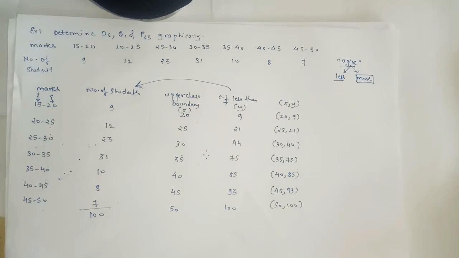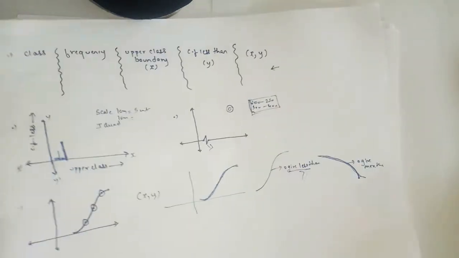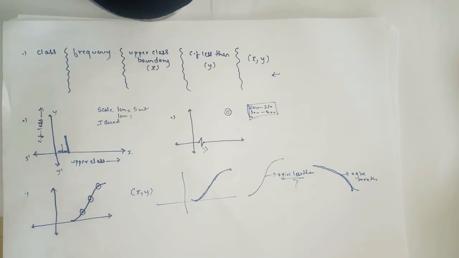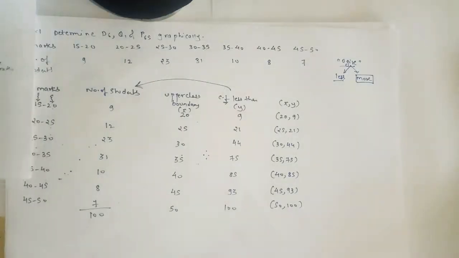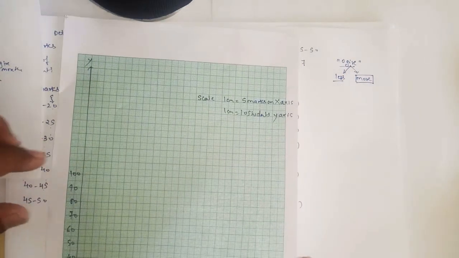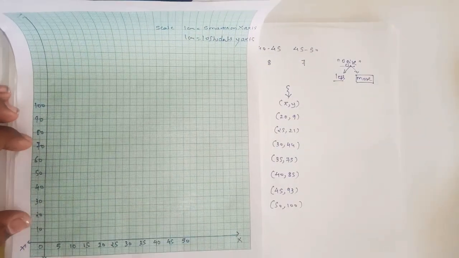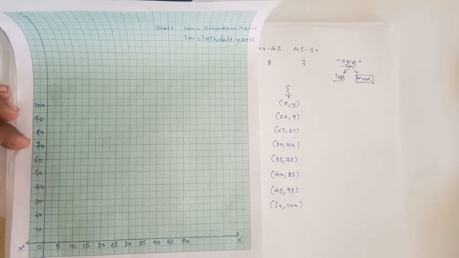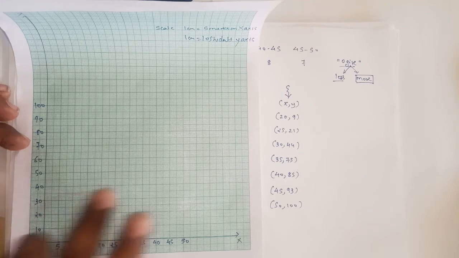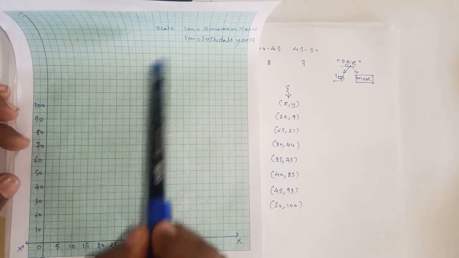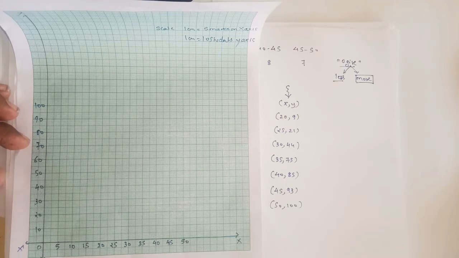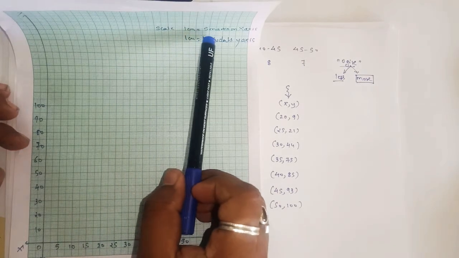Okay, so now after step number 1 we have to plot the graph with respect to the given points. So here we have the points now. Let's see how to draw the graph. Here I had already made this line. As I told you, you have to consider only the first quadrant. Now it all depends on the scale. What scale you consider is up to you. You can take 1 centimeter equals 5, 10, 15.